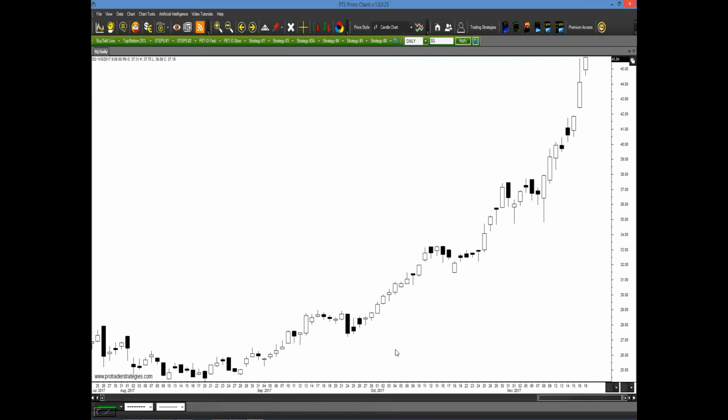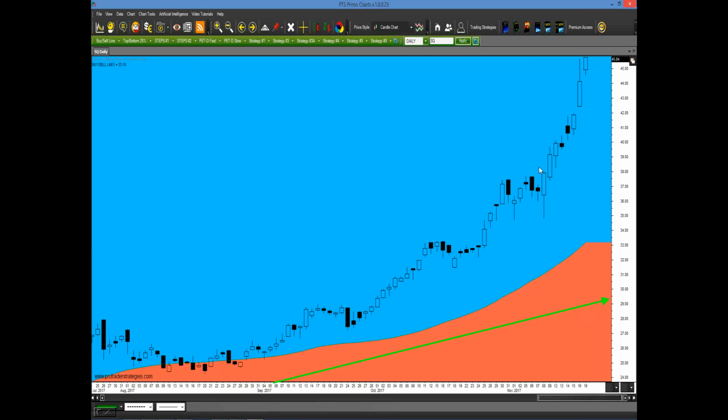How about SQ? Well, this thing just really took off coming into December here. Could we have taken advantage of this? Sure. We knew well in advance that the majority of bars were above the buy-sell line, and well back here starting in September, coming into the end of November, we had a really strong upward slope. So that's telling us we only want to be buyers because we're in the buy zone.